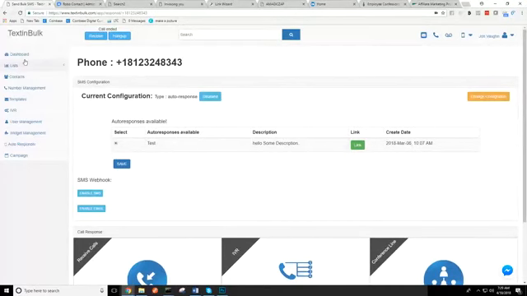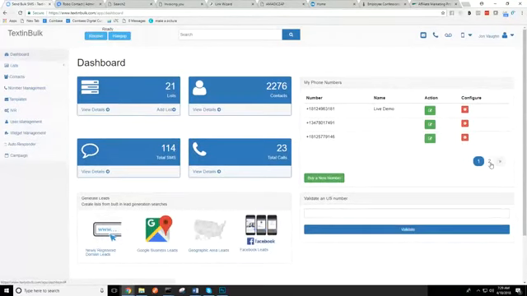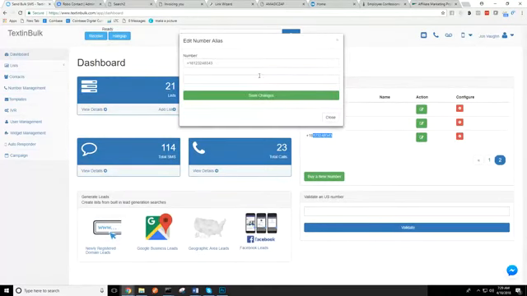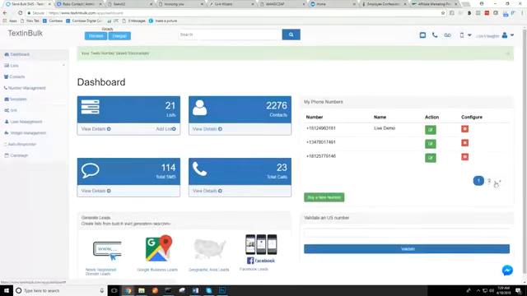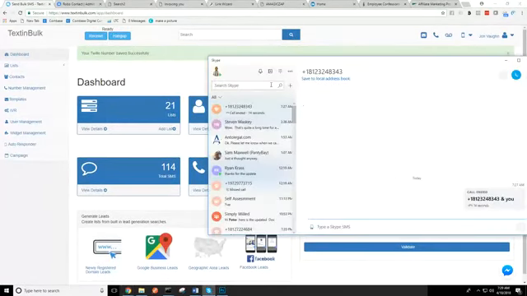All right. So let's kind of look at the dashboard real quick. I showed you how you can quickly go in and buy a phone number. Here is that phone number right here that we just purchased. So you can add a nice name to this guy. This nice name is so that whenever you call, like for example, if I just call this guy again real quick from my Skype number,